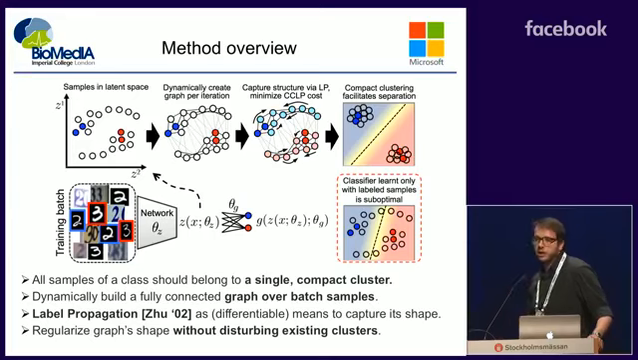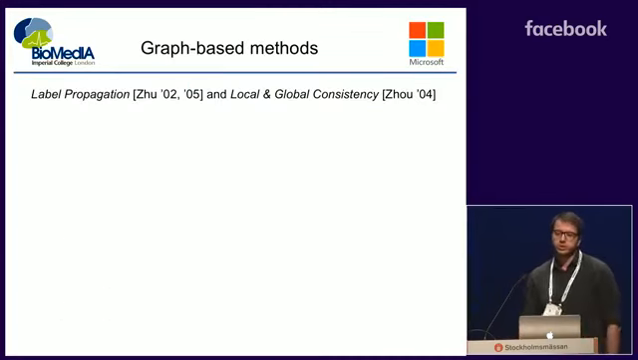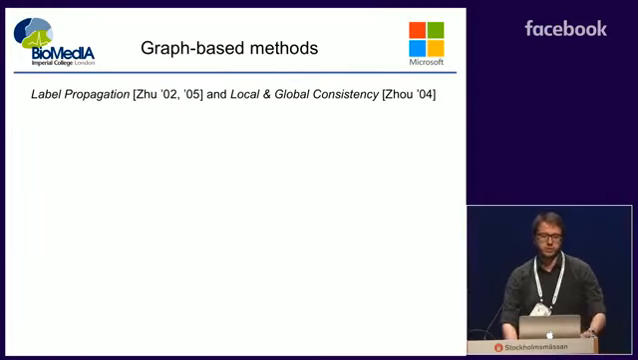We're going to apply a label propagation, which is a method that I'm going to show on the graph, to capture the arrangement of the clusters in the latent space. And then I'm going to introduce a cost function that is going to regularize the shape of the graph in order to form compact clusters in the latent space that will facilitate the classification even by a simple linear classifier. To position our work in comparison with existing literature, I will start with graph-based methods which are